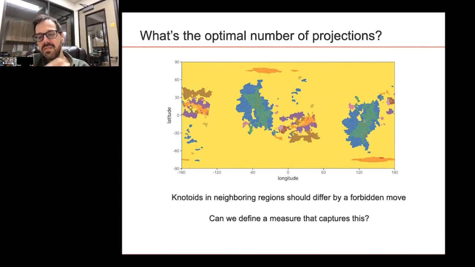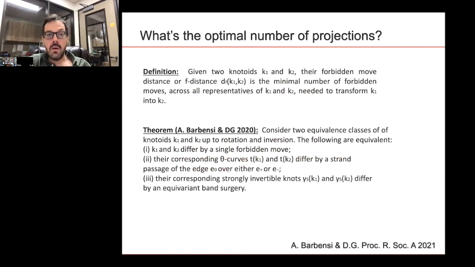So can we define a measure that captures this dynamic forbidden move, this forbidden movement, if you think? So we define the forbidden distance. So given two knotoids, we define the forbidden distance of two knotoids as the minimal number of forbidden moves that we can do across all representations of these two knotoids to transform one knotoid to the other. And then we have a theorem that says,